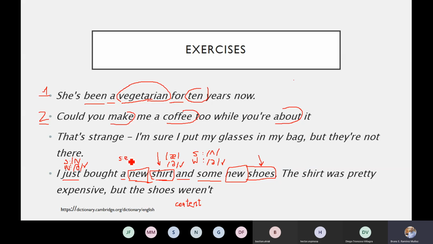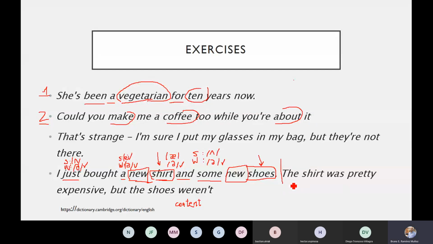Excellent, beautiful, a really wonderful color. A new shirt, a. But the weak form is a schwa. In this context, I would suggest the schwa. I just bought a new shirt and some new shoes. Okay. In the following example,